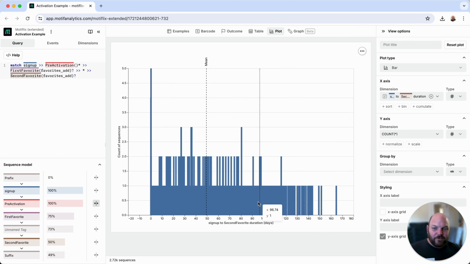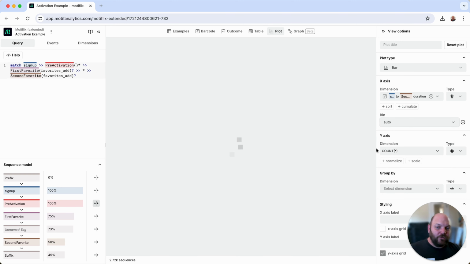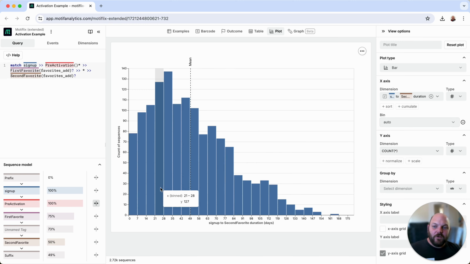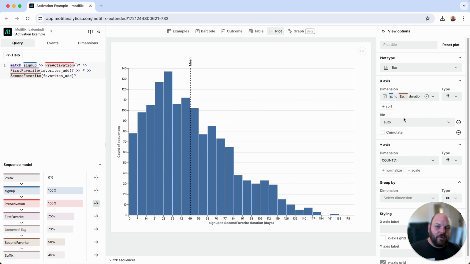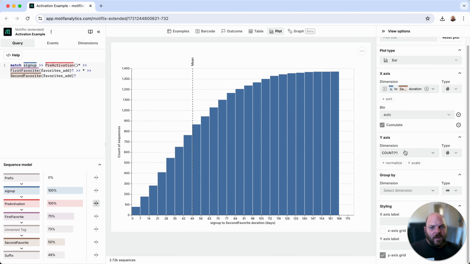Now, there's a bunch of small values in here. You can see the fractional decimal seconds or days. So I'm going to bin this to make it easier to understand. I'm going to use an auto strategy for that. And you can start to see that this is binning by every 8 days, which feels pretty good. And then I'm going to use cumulate because I want to look at that in aggregate. So what matters to me is how quickly people are getting there. Right now I'm getting the count of people, so I want to